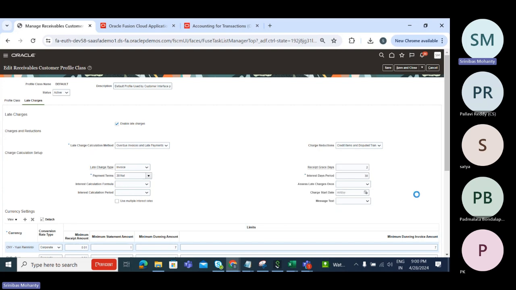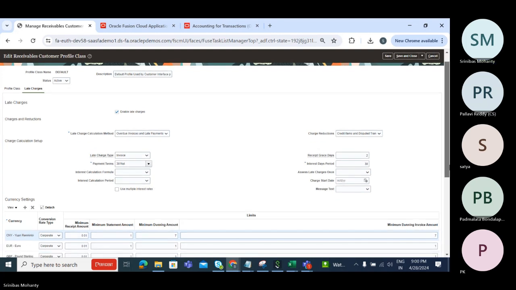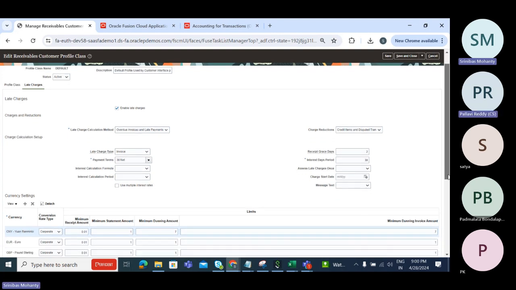As per your late charge policy, if the due date is today, then from the next day it should charge a late charge. It will calculate the late charge, but you are giving 2 days grace period. That means on Tuesday, from Wednesday, the late charge policy will apply like that. And then